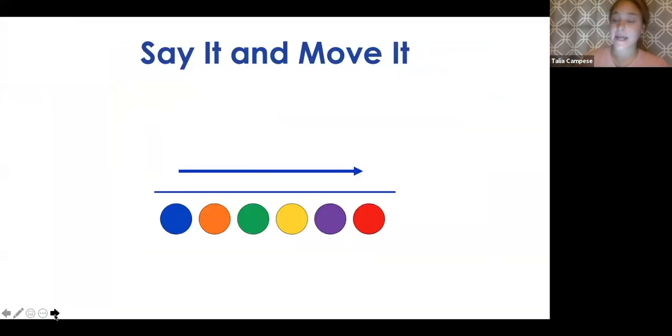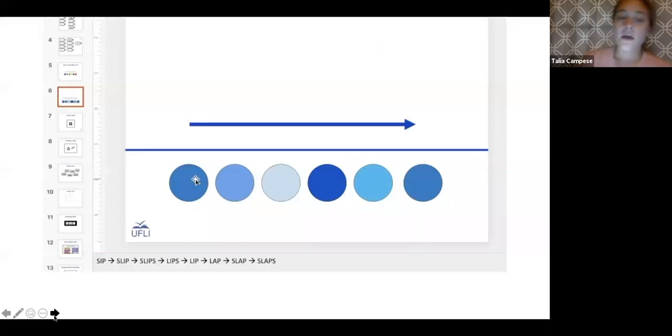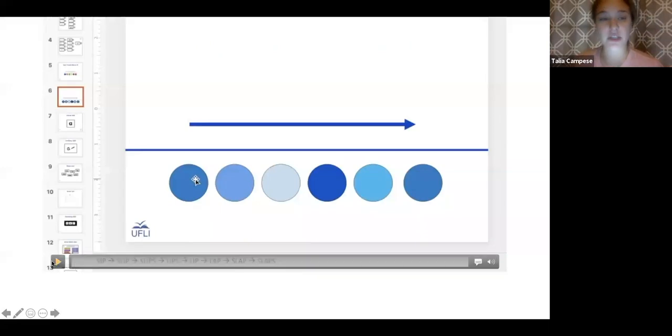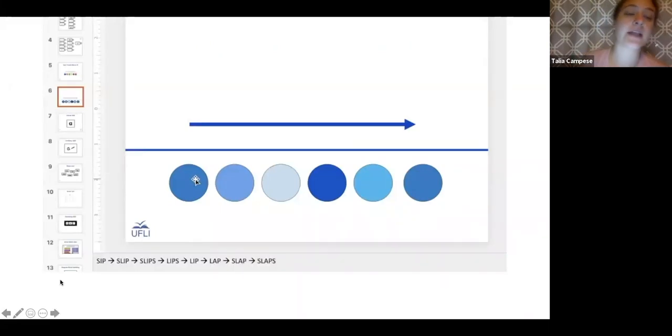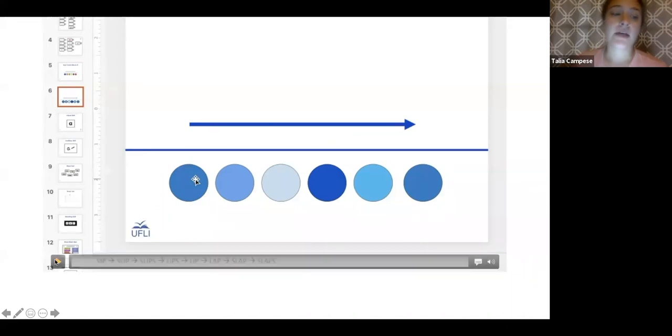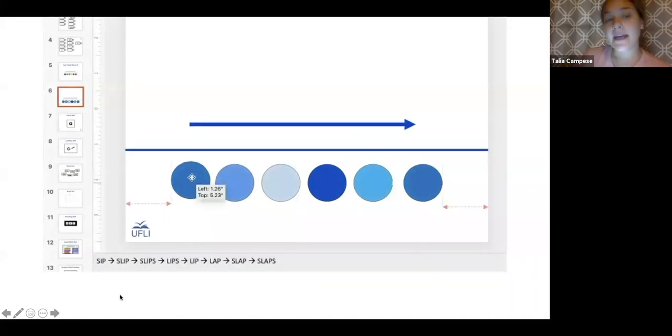We started with Say It, Move It. This is going to be a phonemic awareness activity, so there's only going to be sounds. We're not going to use letters during this activity. For my older students, I did change the colors, and I might do something like, let's do the sounds in sip. It'll go sip,